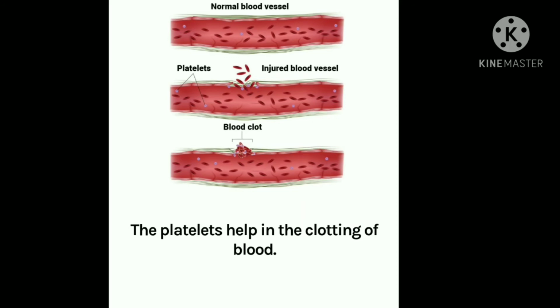Suppose, for example, sometimes we put turmeric, which is an antiseptic, on a cut, and when we keep the turmeric and press at the cut, after some time the blood stops. At that time, actually the platelets clot the blood, and because of the turmeric, which works as an antiseptic, there is no kind of infection.